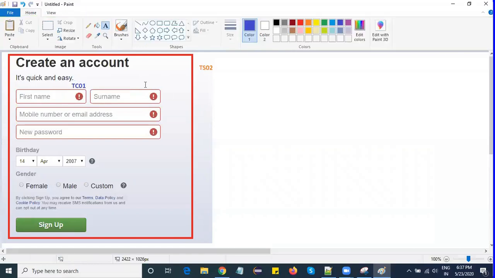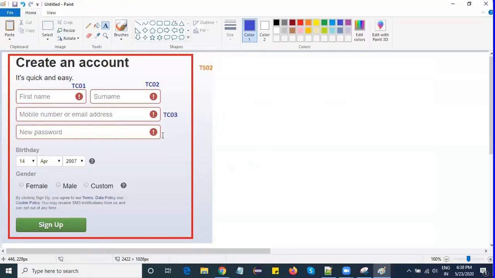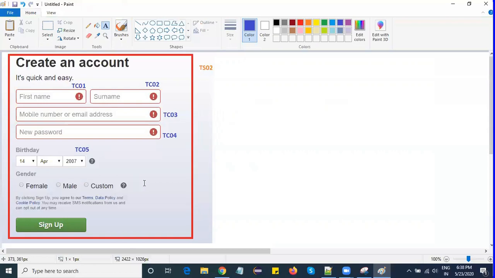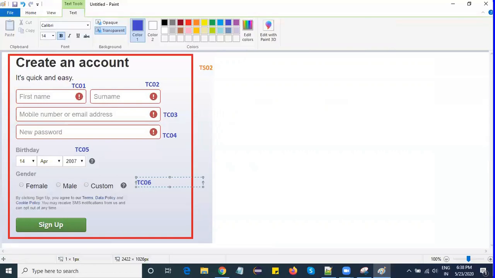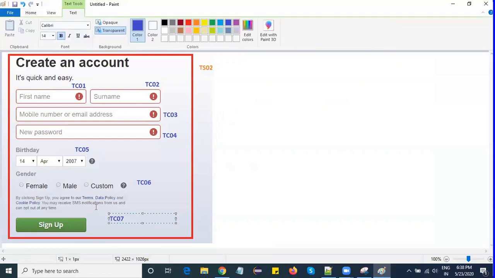My scenario 2 will contain test cases like this: the first test case is for first name, the second test case for surname, the third test case for email ID or mobile number, the fourth test case is for password, the fifth test case is for date of birth, the sixth test case is for gender selection, and the seventh test case is for the sign up button.